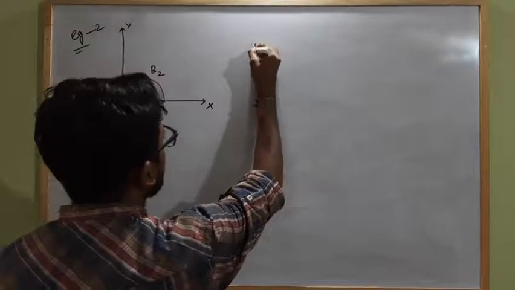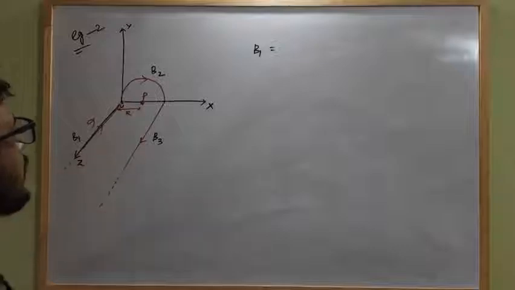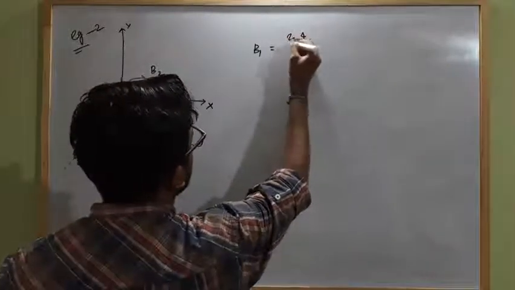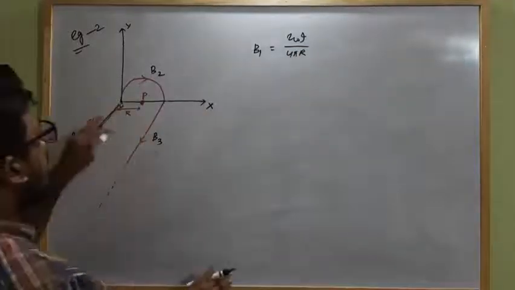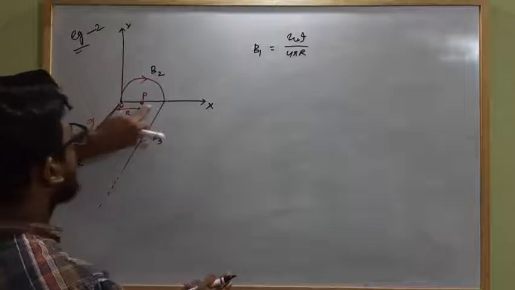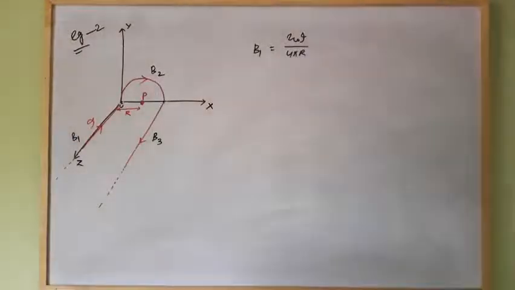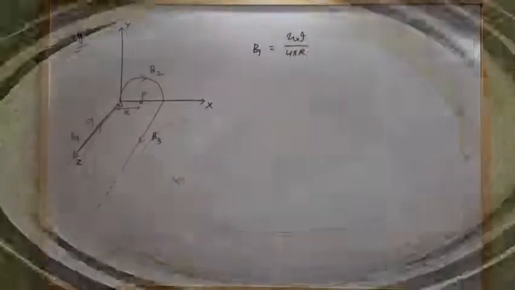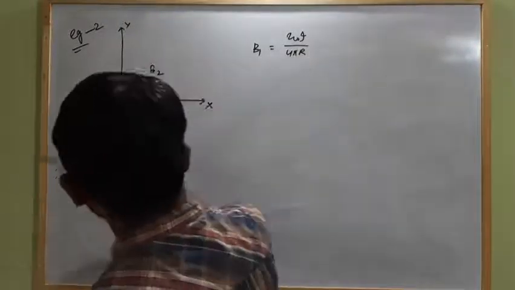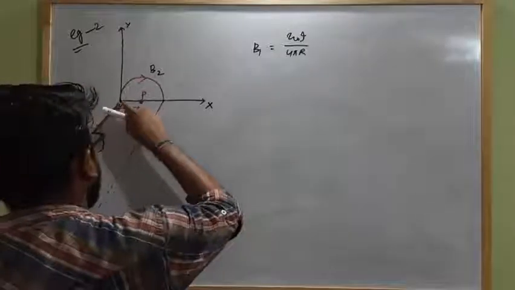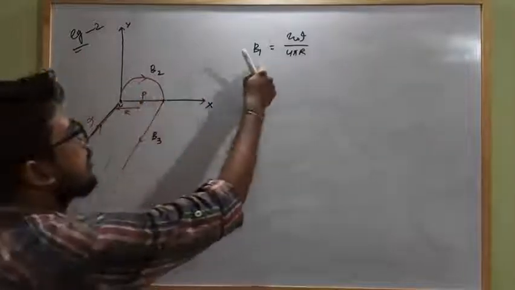So for B1, as you already know, the magnetic field strength near to one end of an infinite long straight conductor will be how much? Mu naught I divided by 4 pi R, as sin theta 1 will be 90 and theta 2 will be 0. So mu naught I by 4 pi R. So here B1 is equal to mu naught I by 4 pi R. R is the distance, I is the current flowing in this current carrying conductor. Clear? And the distance is R from one end, so B1 will be mu naught I by 4 pi R